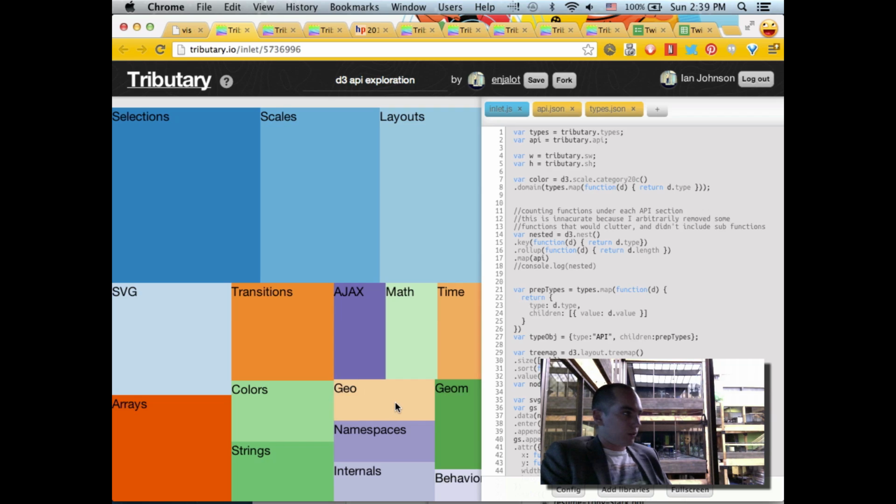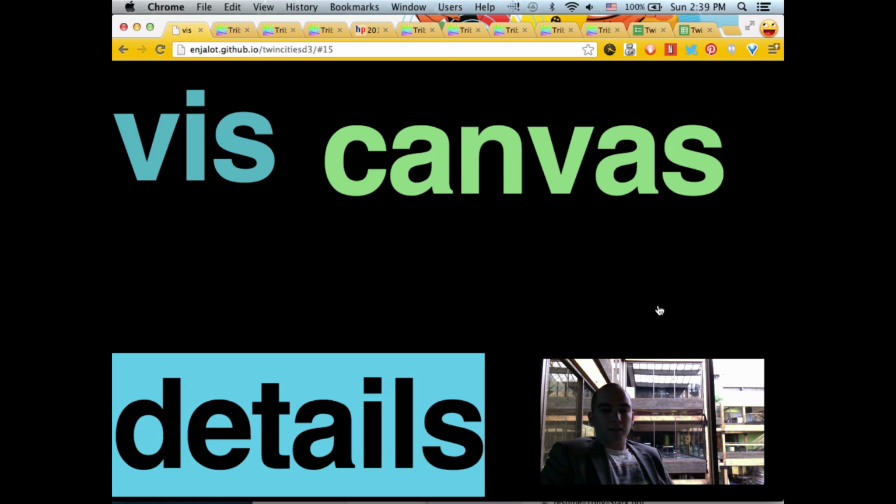Geo can be used with anything. It also just generates data that you then render with Canvas or SVG or WebGL. And geom as well. Behaviors are actually components that I can show you an example of later, and they generate SVG right now by default. And then these are sort of internal things that I don't even know how they work. Alright, so